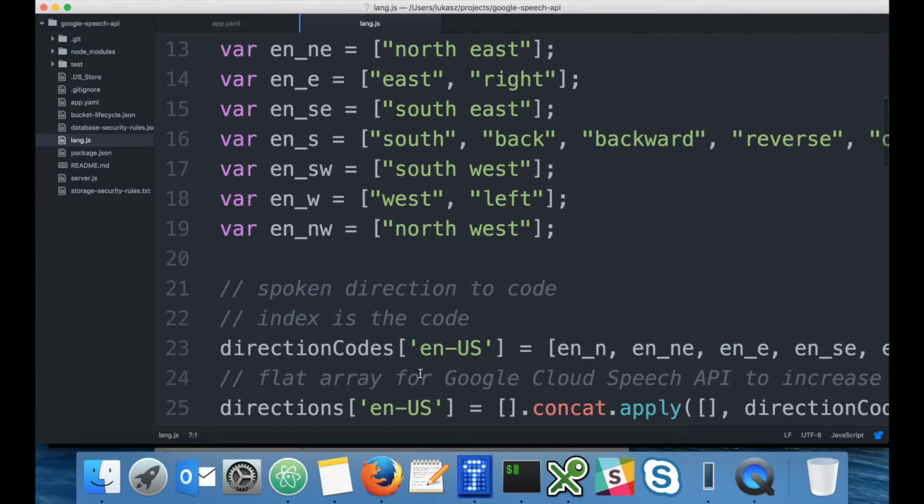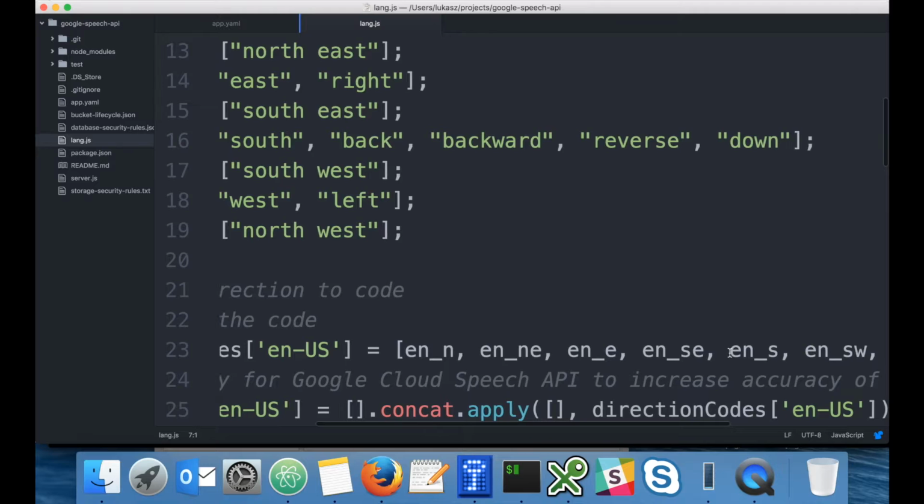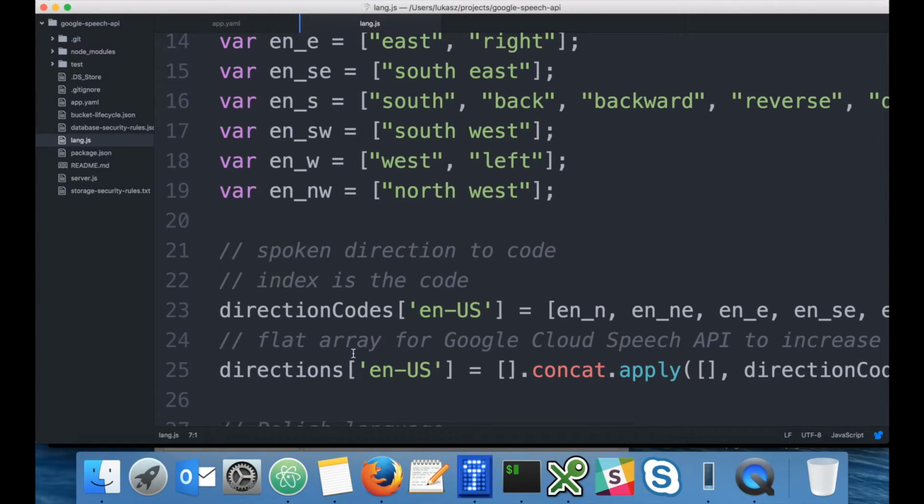Then we prepare the direction codes object, right? So under the language code, we define an array which contains all those eight arrays with the geographical directions. The next thing that we do is to simply flatten these direction codes values. We flatten them so that we pass them to Google Cloud Speech API to increase the accuracy of speech recognition. These will be set as a simple flat array, and Google will use it to better recognize